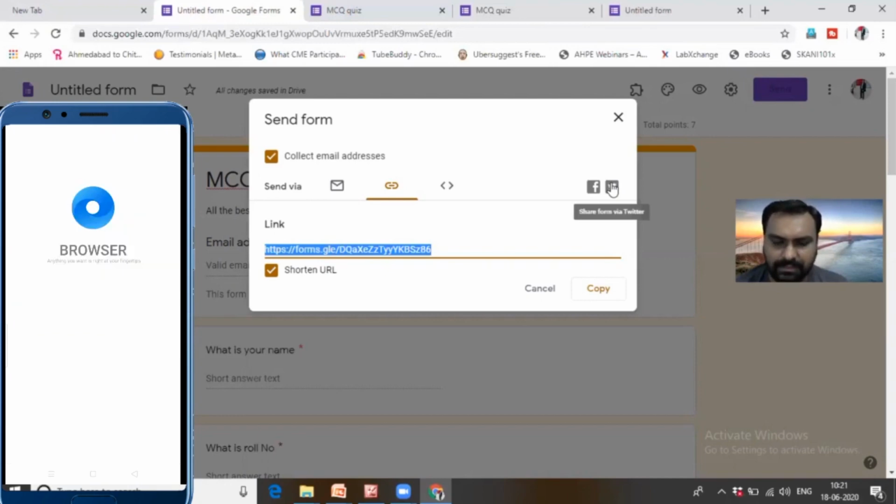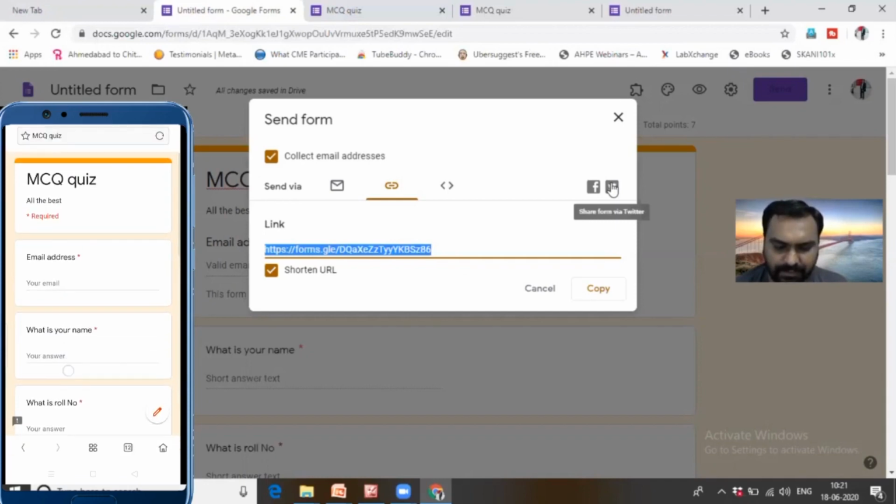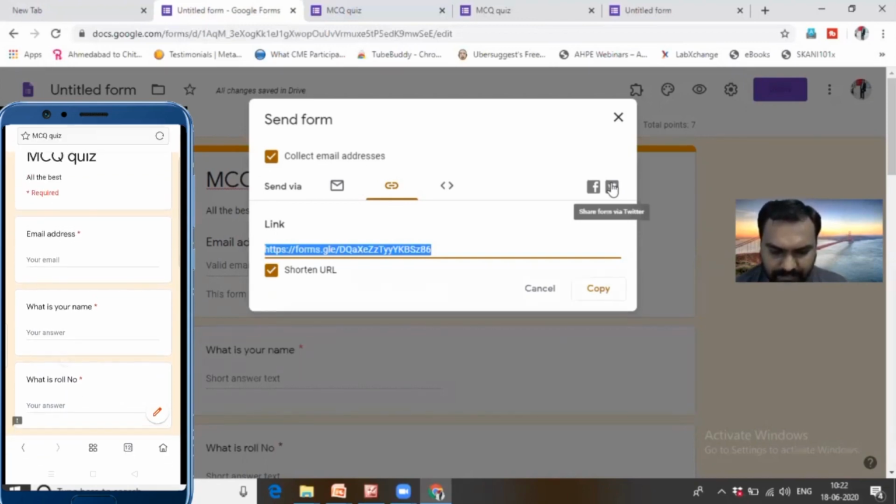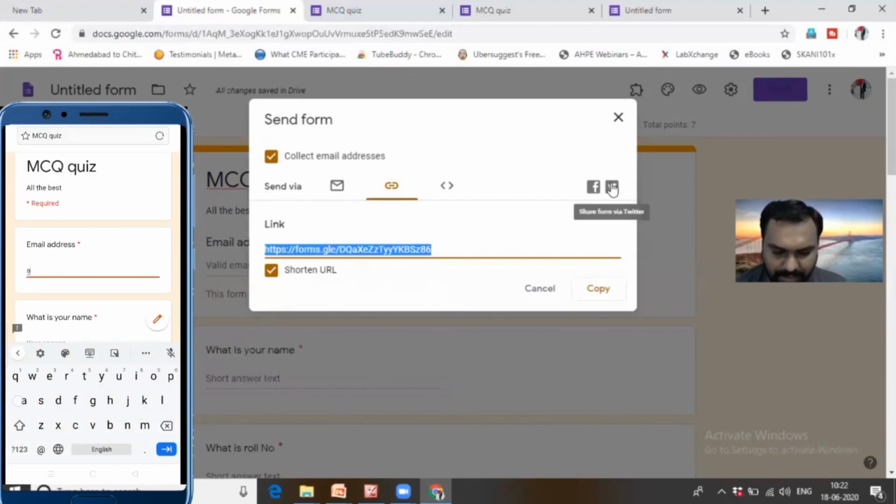Once I did this, you can see here in my mobile screen there is an option called MCQ quiz, all the best. Email address: I have to fill in my email address compulsorily. This is a must. I have to write my name, roll number,